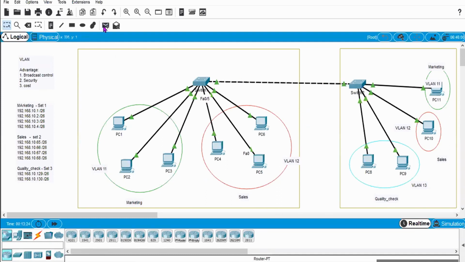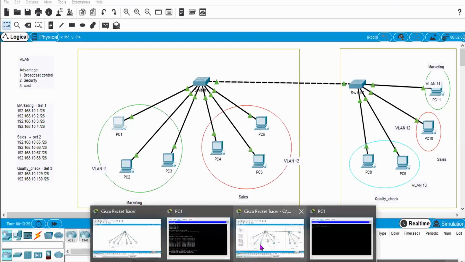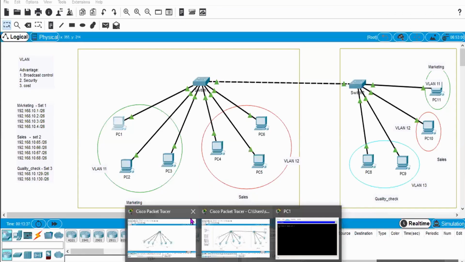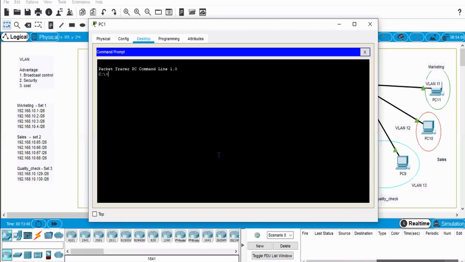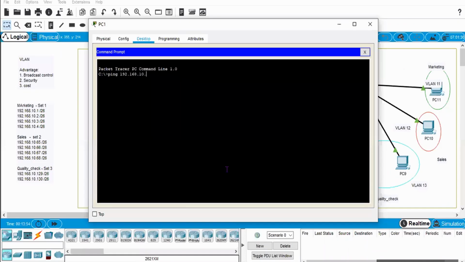And now if I do the broadcast thing, if I open PC1 and write a ping 192.168.10. Now for this first cluster, see here my broadcast is dot 63 at the end. So I need to write dot 63, not dot 255.